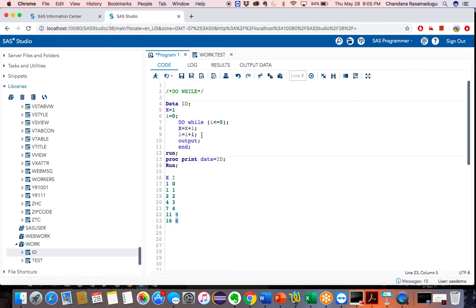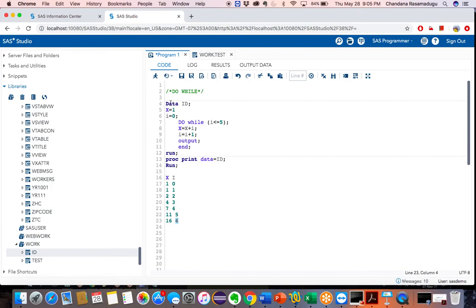So when it is false, what happens in the do while statements? So earlier we have studied, right? Do while executes the loop when the condition is true. So what is the condition is true? If the I value is less than or equal to 5 only, then the condition will be true. But here I have 6. 6 is less than or equal to 5 means that is false, right? So once the condition becomes false, it stops executing.